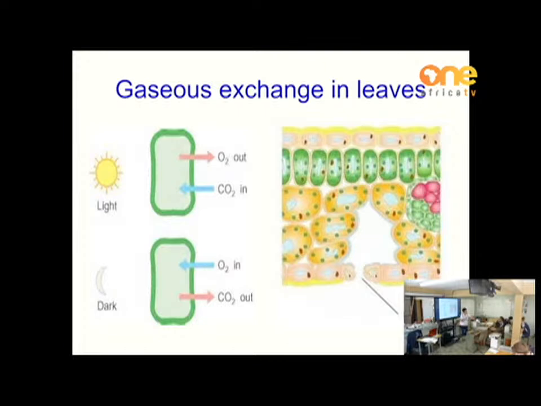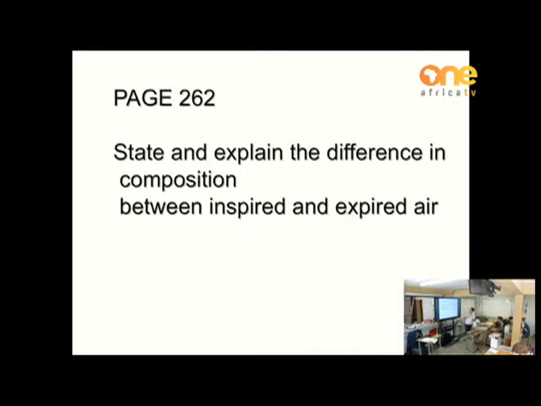Carbon dioxide, because it is used up during photosynthesis. And oxygen will be released during photosynthesis, and the oxygen will then be used for respiration to release energy. You see? So, yes, we can look at leaves as a gaseous exchange